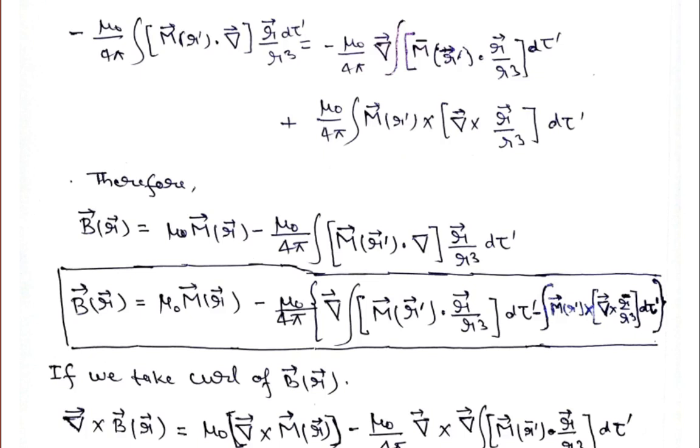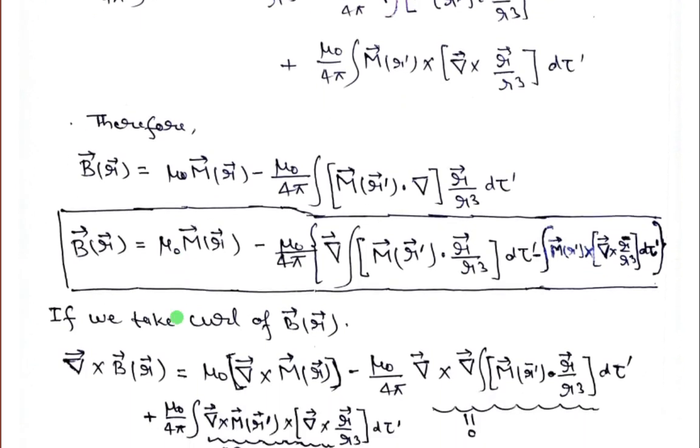Now if you see carefully this equation, this is basically the magnetic field due to a magnetized object, and this is the microscopic phenomenon. Remember, this is a very important equation. This is what we are observing. This is a very important equation, and this equation tells us so much physics inside matter.